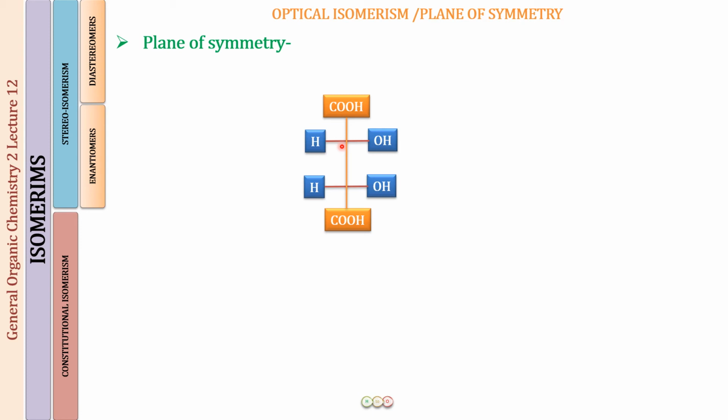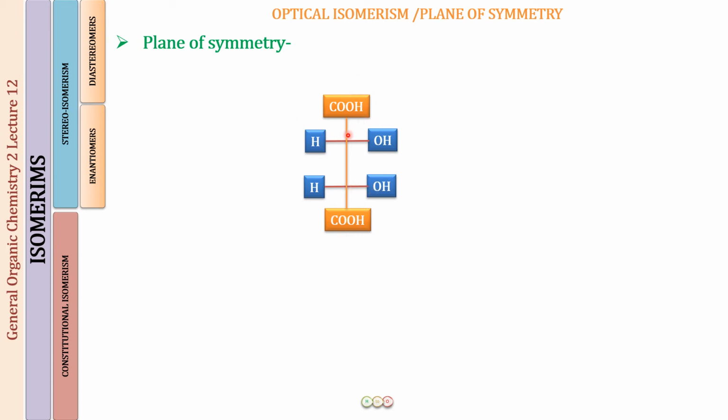We are going to discuss a lot about this molecule in the upcoming lectures, but here you have a Fischer projection for the molecule. At the cross section of these perpendicular lines, there is going to be one chirality center, and there is going to be a second chirality center. This carbon has H, OH, COOH and the whole of this group, and this carbon has H, OH, COOH and the whole of this group.